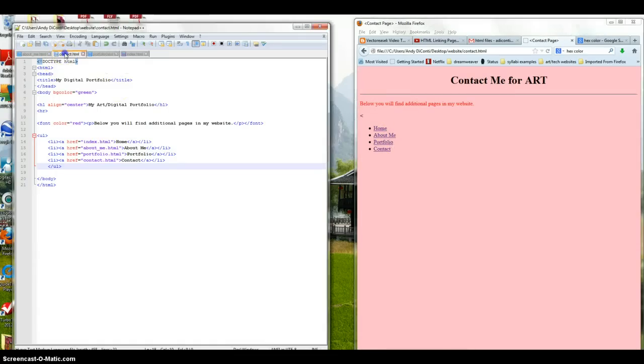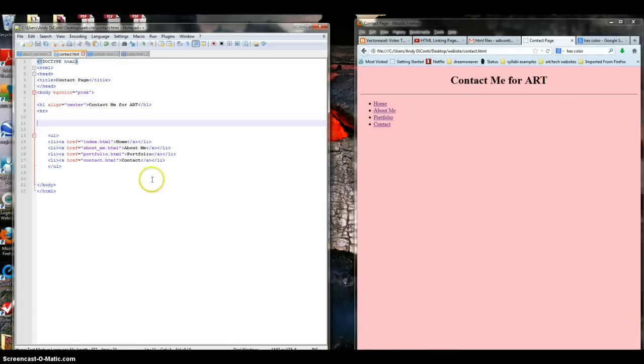Now let me go back into this contact page. I see a little error there, so I'm going to come up here and let's see, it's right in this. Where is it? I don't seem to find it. All right, I'm going to pause the video and see if I can't locate it. I'll be back. Okay, I found that little piece, that extra angle bracket happened to be right by this UL